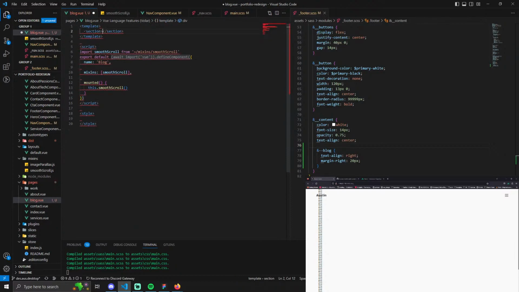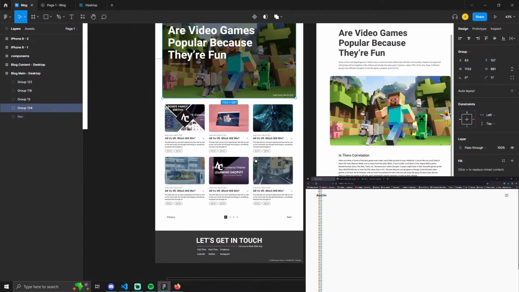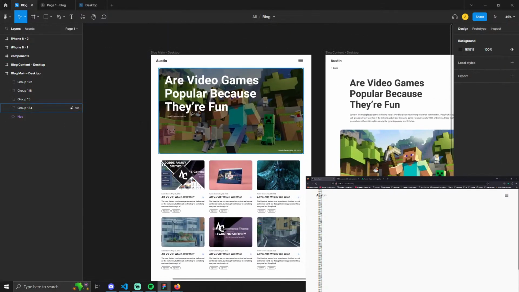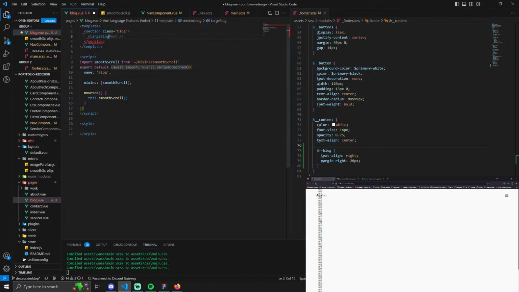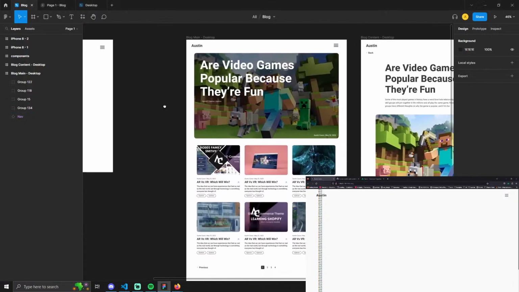So let's start with section blog. Okay. So I'll do this. Large blog post. Okay. Now the question is whether to query all of them now. Probably worth it to do it now and set it to the first one rather than